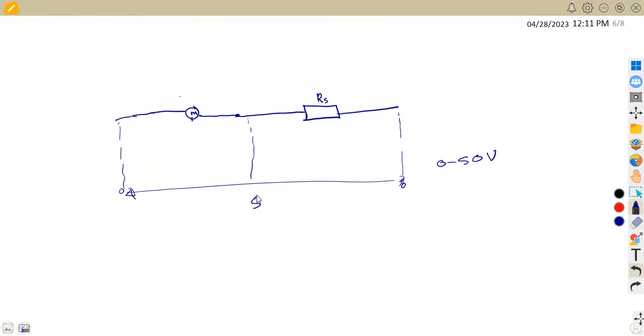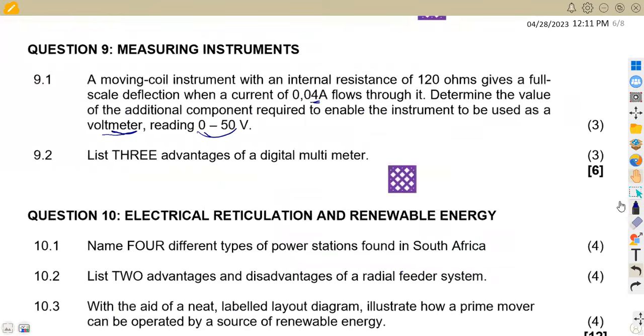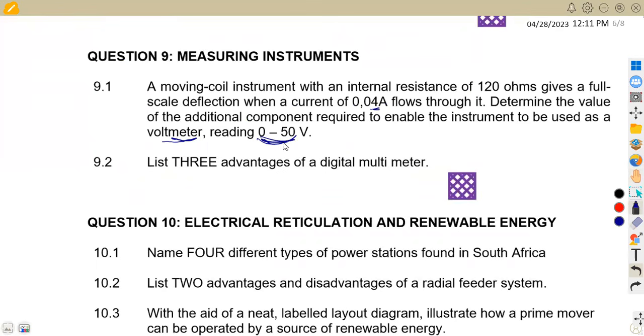The maximum voltage to supply is going to be 50. So here, this is the idea that we are measuring from 0 to 50. So it means it's in series if you're dealing with voltage. If you are given the total current, maybe your total current is 2 amps, which means you are going to work with